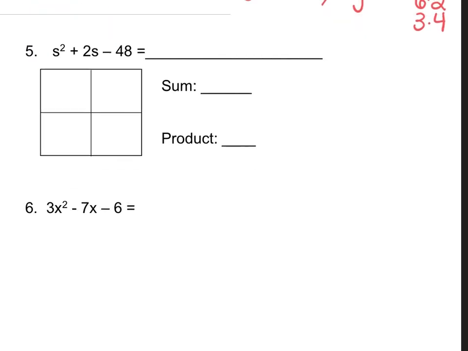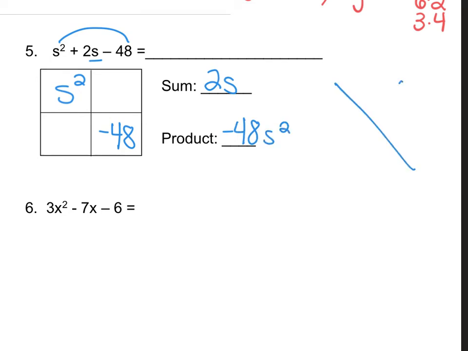Okay, so let's look at number 5. I know that s squared goes in the top left and negative 48 goes in the bottom right. Now, I also know that everything needs to add to 2s and multiply to my outside terms, which would be negative 48s squared. So thinking about the diamond,